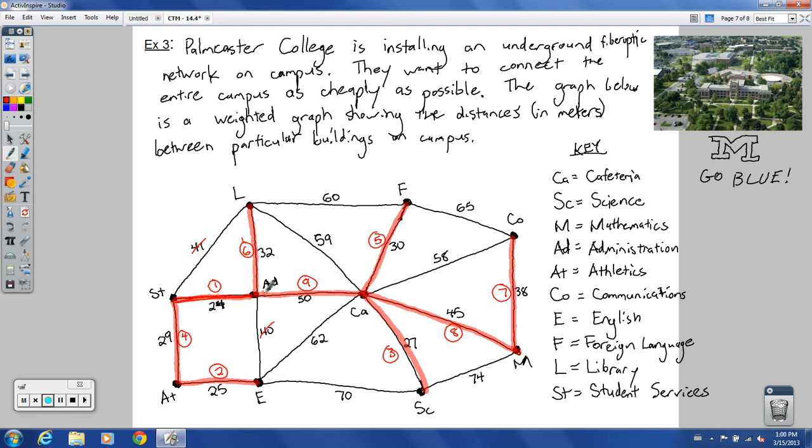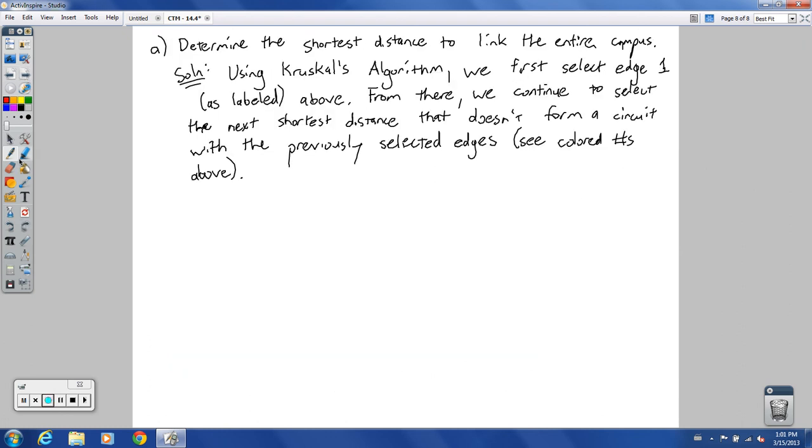So if we're actually putting this underground fiber optic network on campus, this is the best way to do it, or the cheapest way to do it, to make these connected in this way, because you're going to be spending the least amount of money. You're probably going to have to pay somebody by the meter to install this. And so let's finish up what I have here,